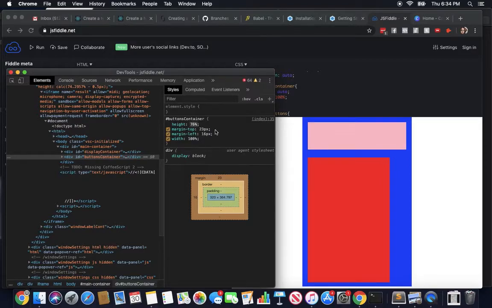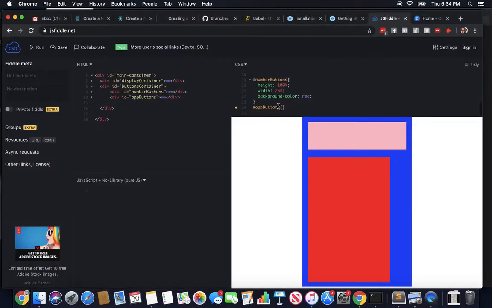Okay, and then let's make the width. So I've got to put this somewhere. What was that? That was for the number buttons. Put this here. Take out this height and width. Okay. Sorry, y'all. I'm getting ahead of myself. We need to be styling the